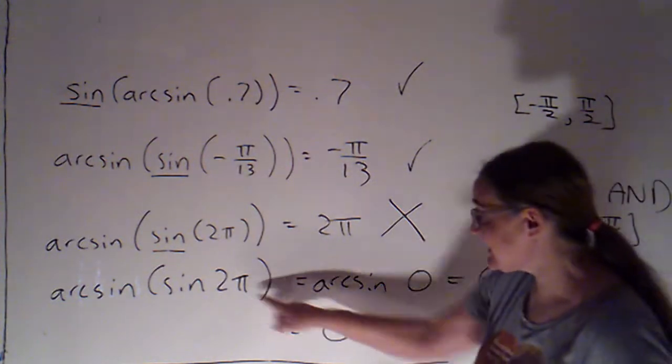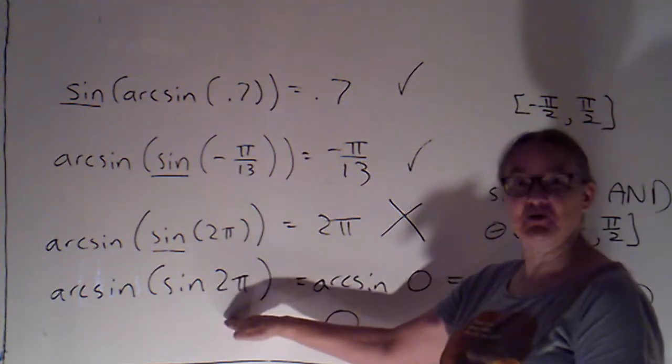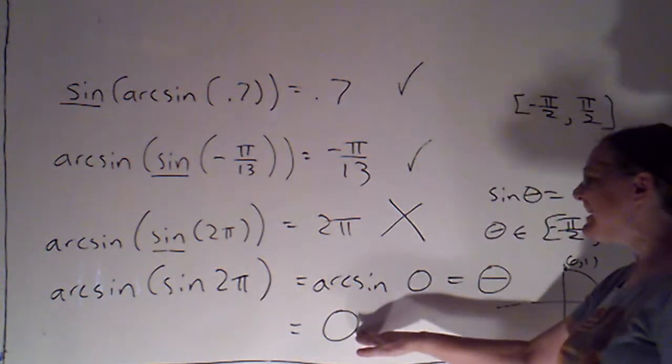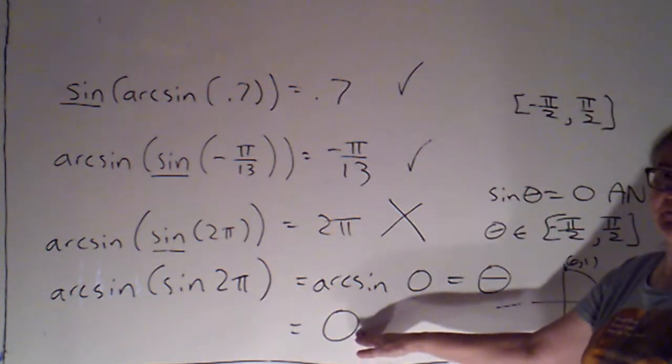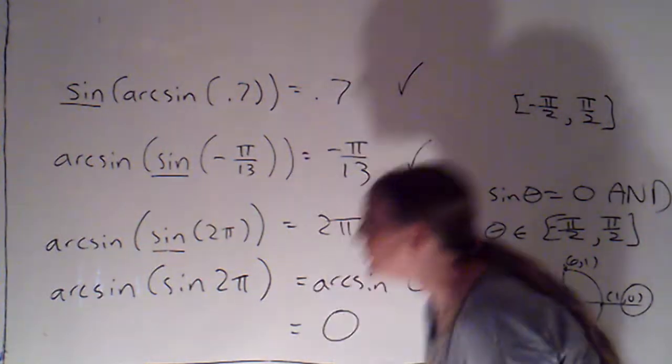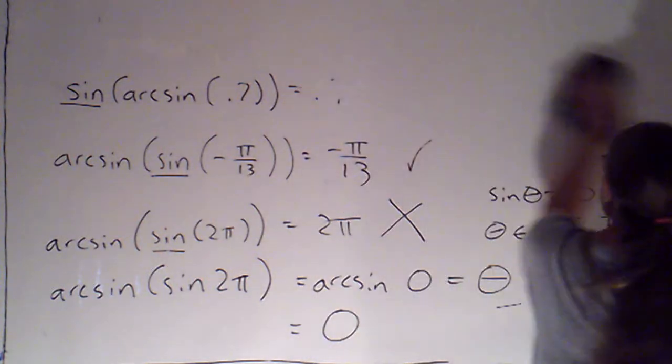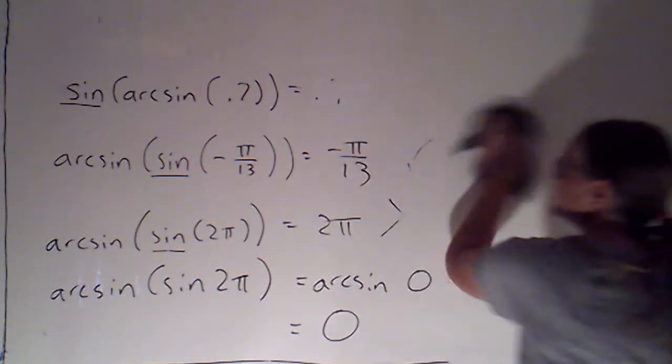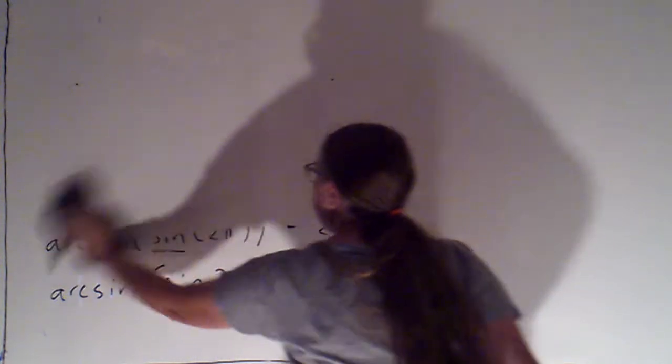Notice it has the same sign as 2π does, but it's in the appropriate interval. So I need to be careful when I'm composing inverse trig functions. If I'm looking at